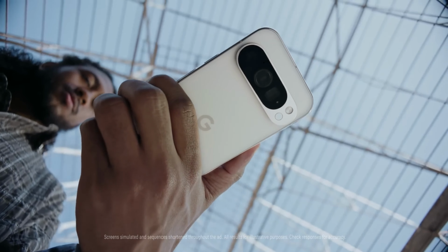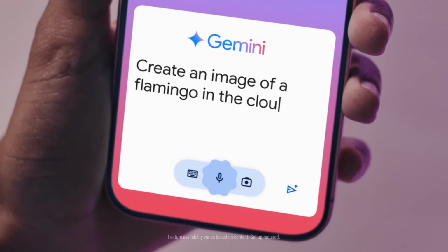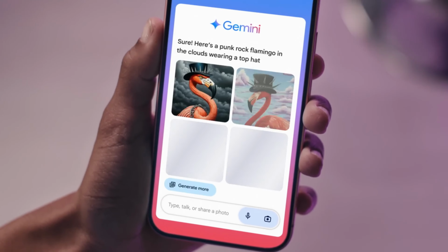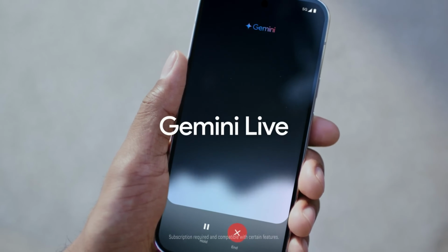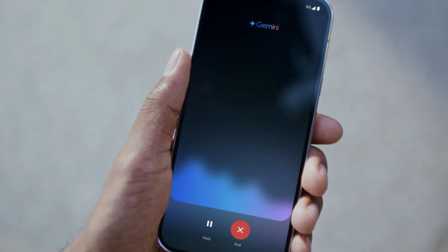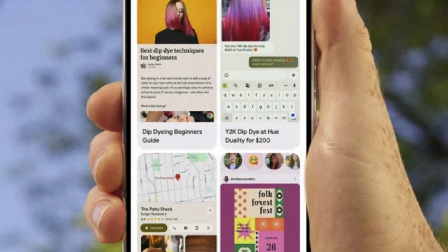Some of the standout features include Live Translate, which offers real-time translation for conversations, text, and even signs using the camera, supporting over 50 languages. Call Screen. Google Assistant can screen your calls, helping you avoid spam and robocalls by providing a transcript of the caller's message. Now Playing automatically identifies and displays the name of songs playing in your environment without the need for a separate